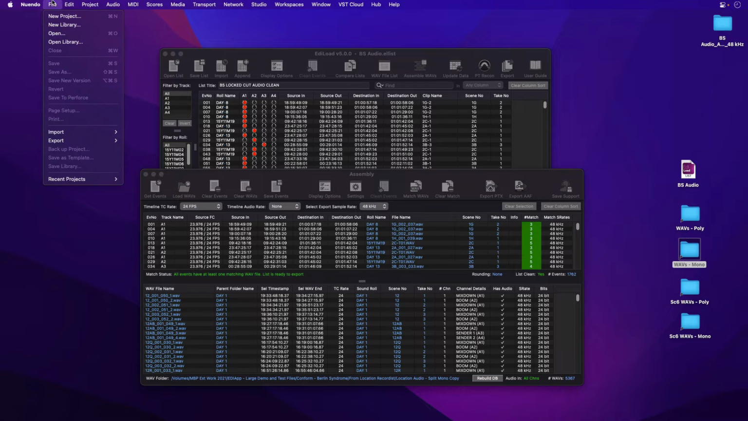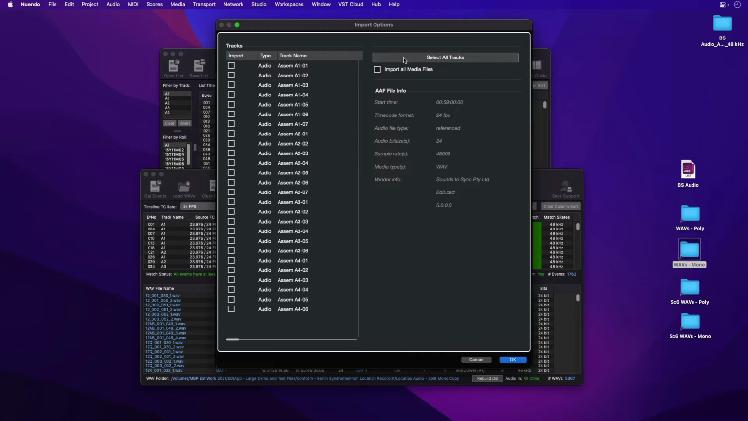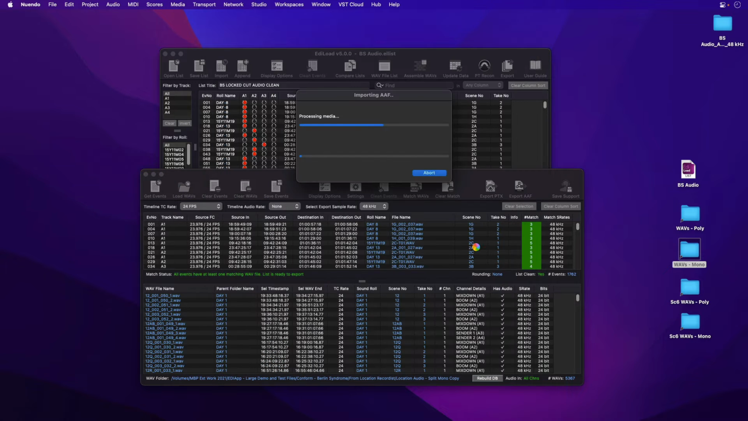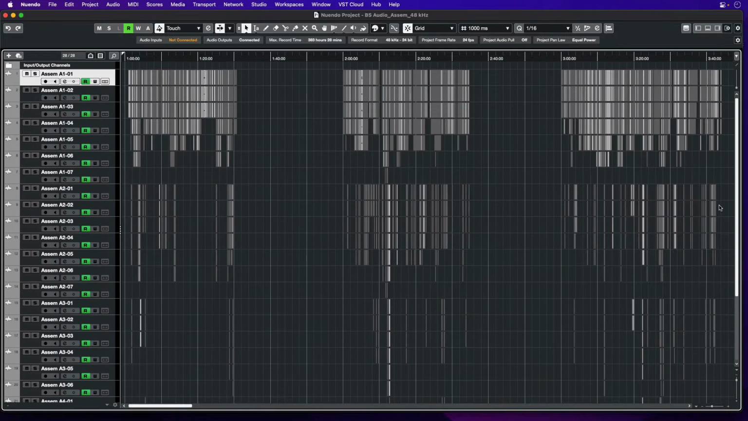Now I'll open the AEF in Nuendo, or this could be any digital audio workstation that can open an AEF. I'm speeding up the video here while this AEF is imported. You can see here that EdiLoad has created this assembly with the same track layout as the Pro Tools PTX export, ready for